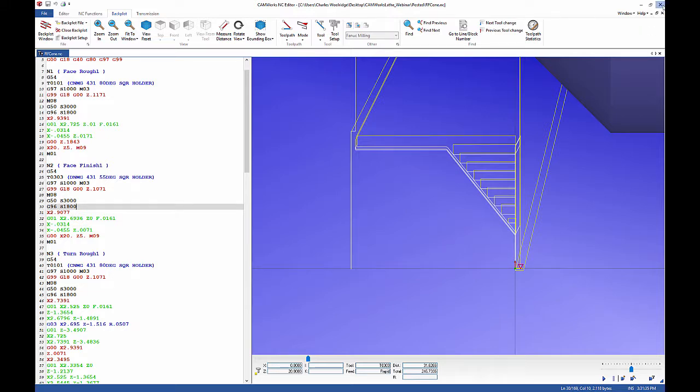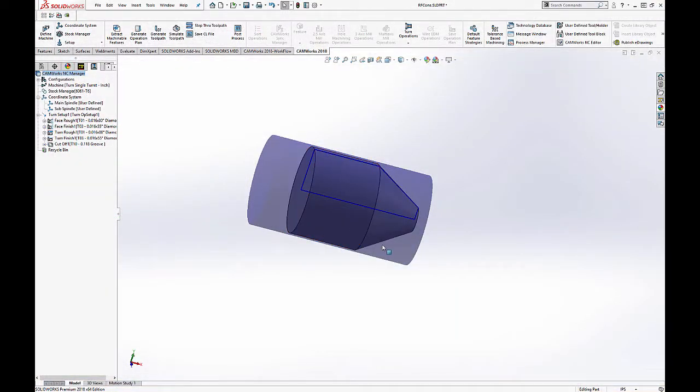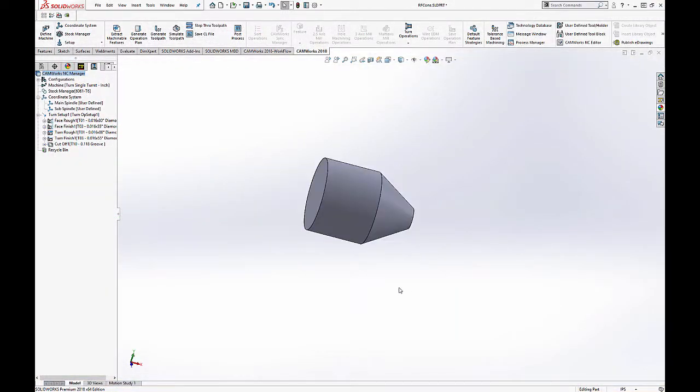Okay, let me go back through this and let me explain some of the parts real quick. Again, you saw how fast it is to output code. Now, I say that it's really quick, but there is a learning process here. The code that you get is about 90 to 95% ready to go. What's important is that last 5 to 10%, which is your feeds and speeds, because this is going to be